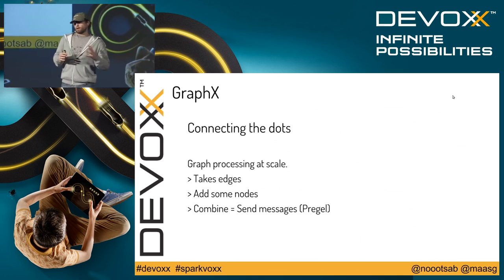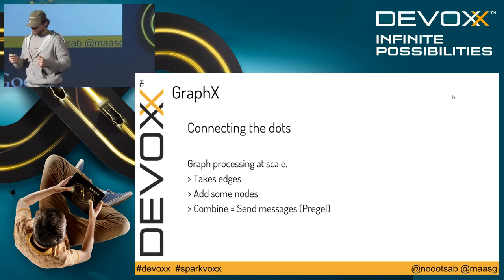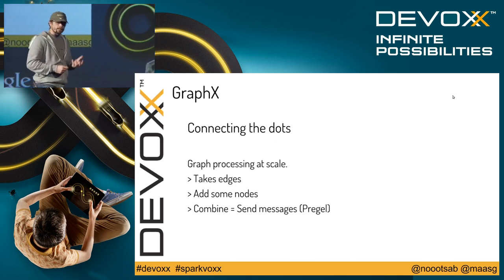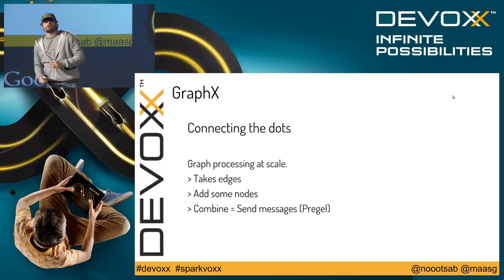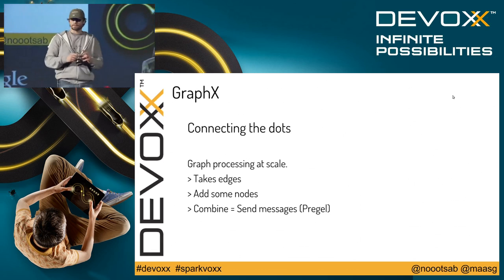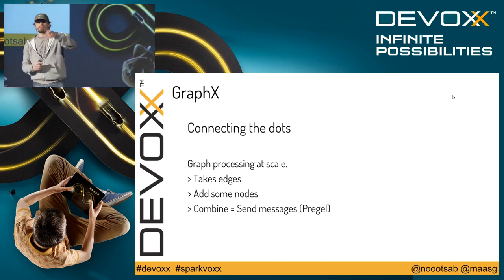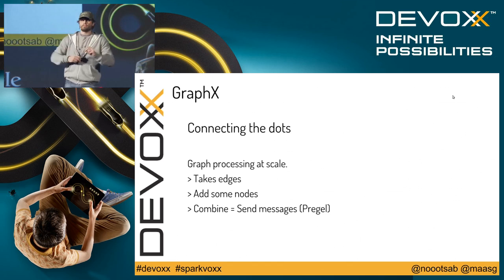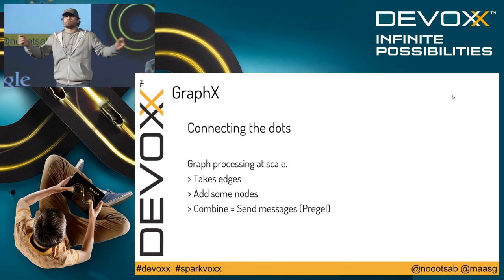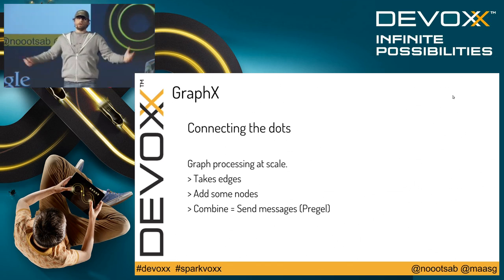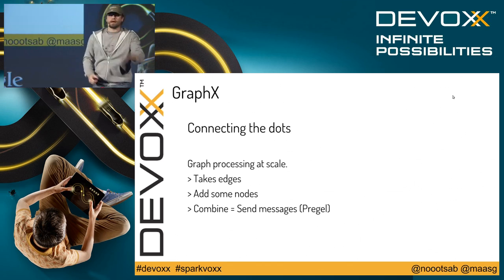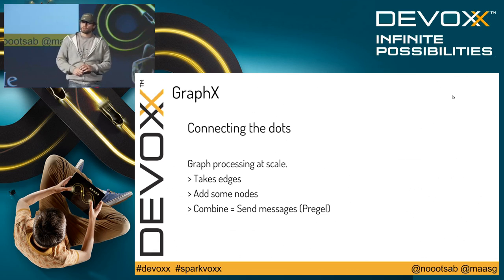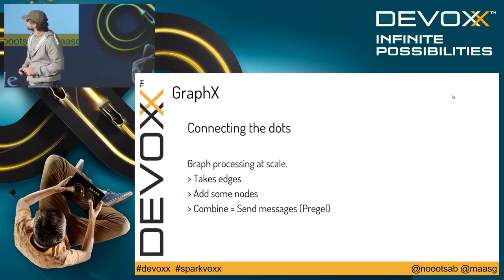So that's why in Spark, they end up with a different library for that. And the core concept of GraphX is Pregel, right? Pregel is one of these papers coming from the Google world. What it does is just send messages from one node to the neighbor, sending some data which is part of the computation that they want to apply in a broader view on the whole graph. So you take some edges, drop some nodes, and then you compute things by sending messages between the two.